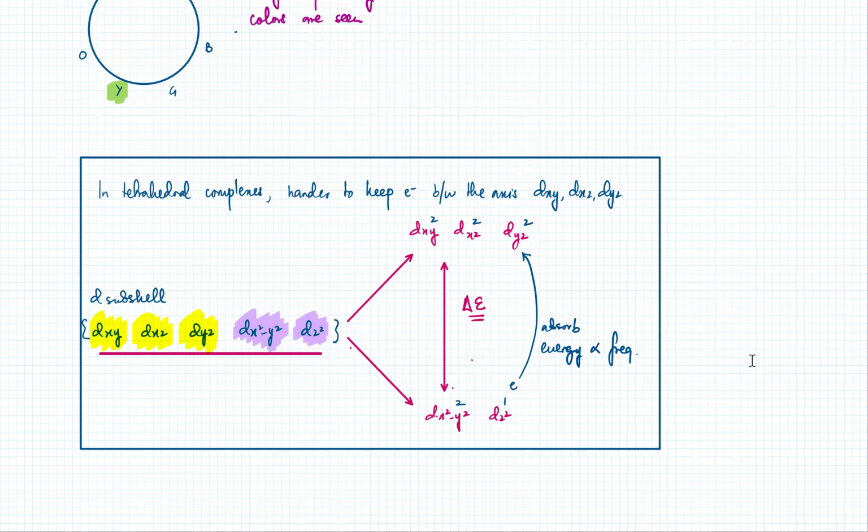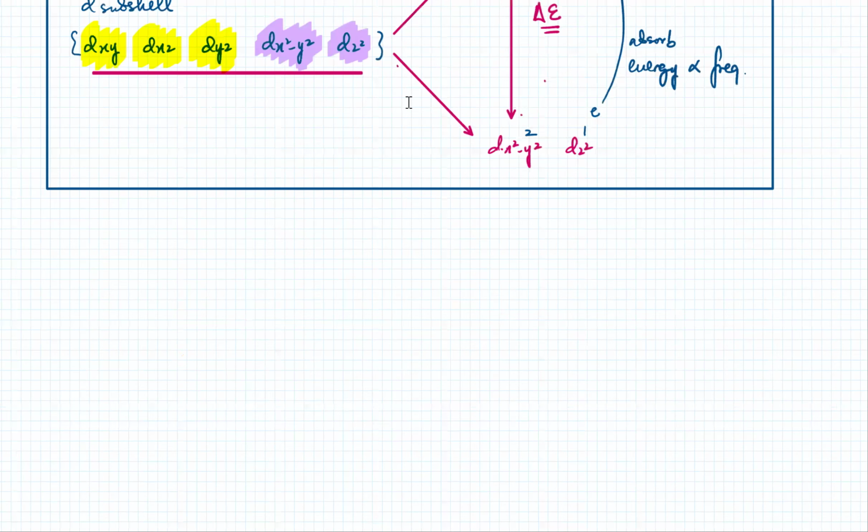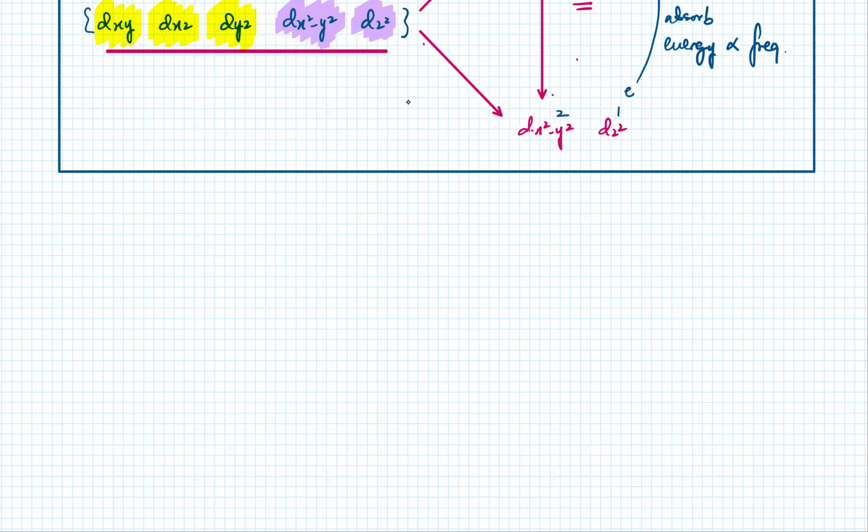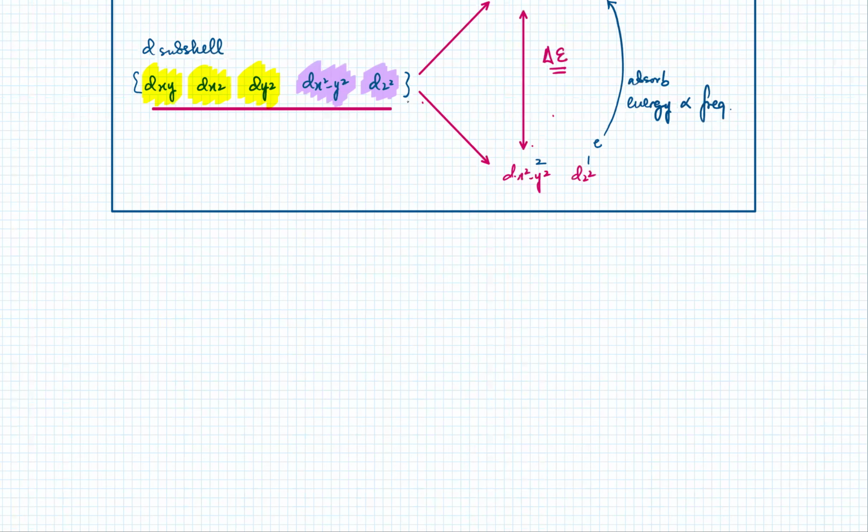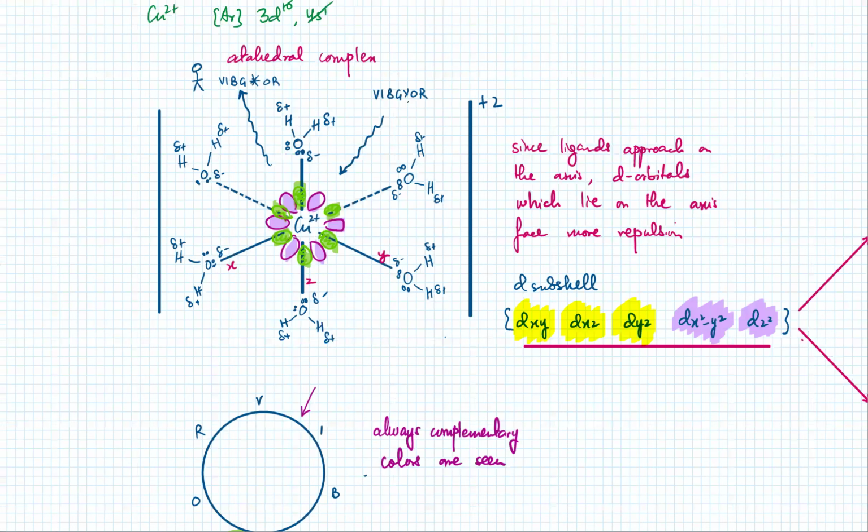And then there's another thing. They also ask you that if you change the ligand, why does the color change? Like if it's copper, why does changing the ligand change its color? Because if you change a ligand, for example, over here,